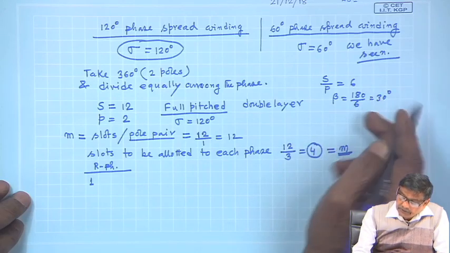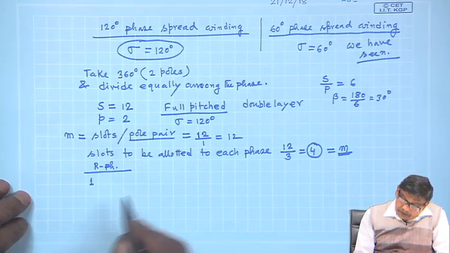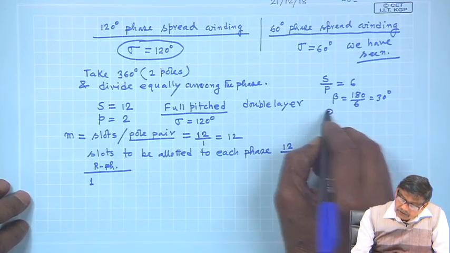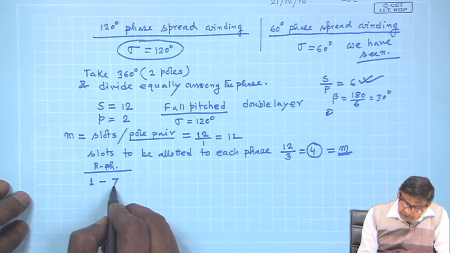Separation between two consecutive slots is 30 degree. Therefore, coil span is also 6. So, 1-7 dashed will be the first coil,